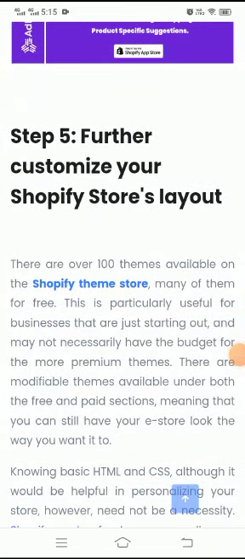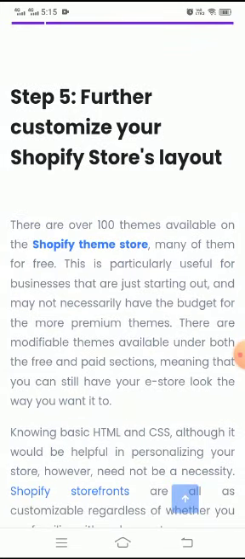There are over 100 themes available on the Shopify theme store, many of them for free. This is particularly useful for businesses that are just starting out and may not necessarily have the budget for the more premium themes. There are modifiable themes available under both the free